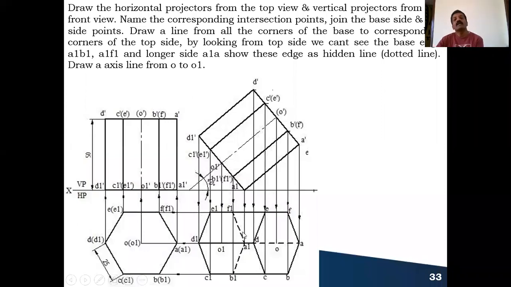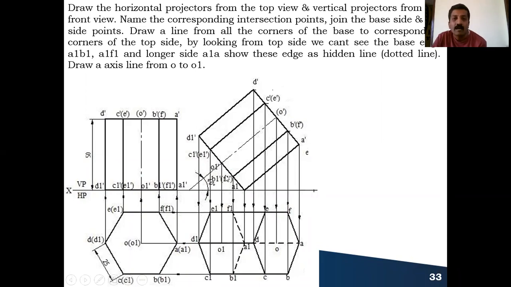And also one more hint which I have given in any corner condition example, whether it is prism or pyramid, the edges which are coming out from the corner in the second position top view, we cannot see those edges. So here A1 is the corner where it is resting. The base edges which are coming out from this, we cannot see, that is A1 B1 and A1 F1. So this is your bottom face. Now coming to the longer edges, you are looking from here. So D1 to D you can see, make it a visible edge. C1 to C, E1 to E, it becomes outermost boundary line, it has to be seen.